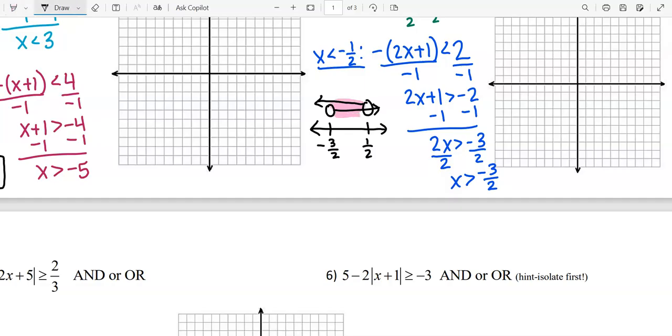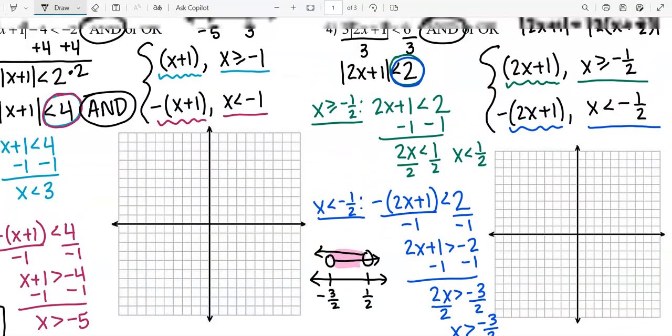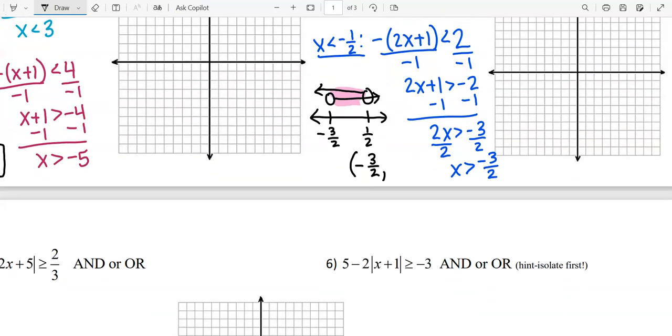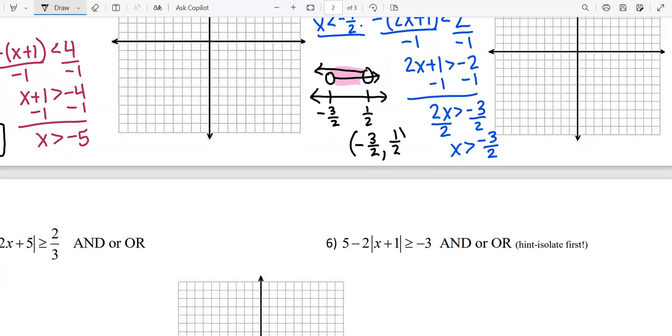So then to finish this problem, you have to put it in interval notation. I don't have room for that, so I'll squeeze it at the bottom. Negative 3/2 gets a parentheses because you're not equal, and then comma 1/2 gets a parentheses because you're also not equal. That I can already tell is going to be our most common mistake besides negatives: not remembering to finish the problem. Tomorrow we'll do the second page of our notes,